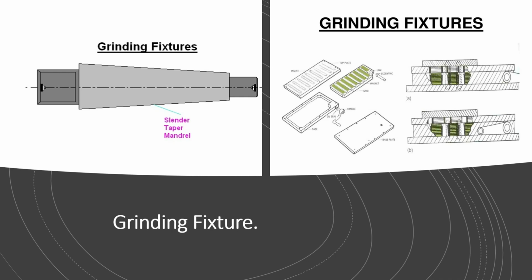A vertical surface grinder with a rotary table will normally have a rotary fixture secured to the table. Similarly, a plain or a vise-type fixture may be provided on the surface grinder with a reciprocating table. A drill grinding attachment is an example of a standard fixture used for grinding of drill geometry.